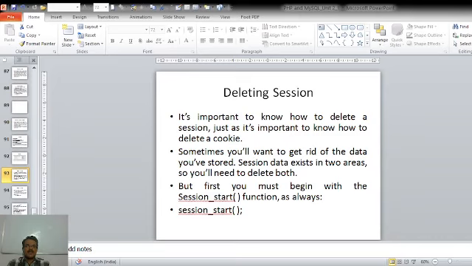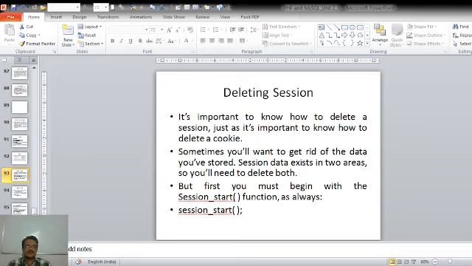So just like creating a session, first we must begin with the session_start function as always, because we have already seen that creating, accessing and deleting the session will be done by the session_start function. So the first statement in our script will again be the session_start function.